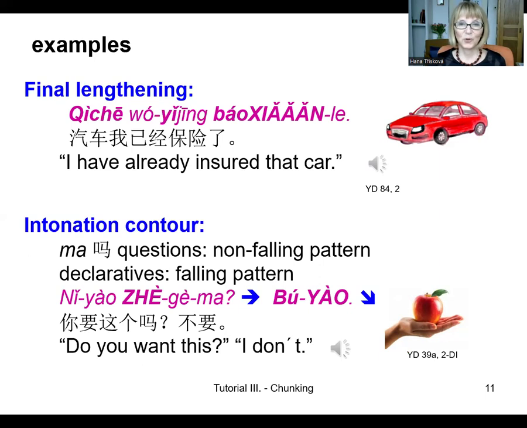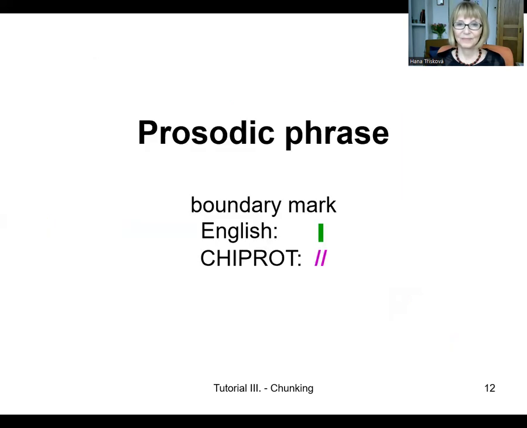You can hear that the syllable xian is very long. Because it's in the third tone, you may not hear it so clearly, but it's very long. Then the next example. In the first sentence, in the question, there is a non-falling intonation pattern required by particle ma questions. And in the second, in the reply, there is a falling intonation pattern. So it will also tell you that's the end of the utterance.